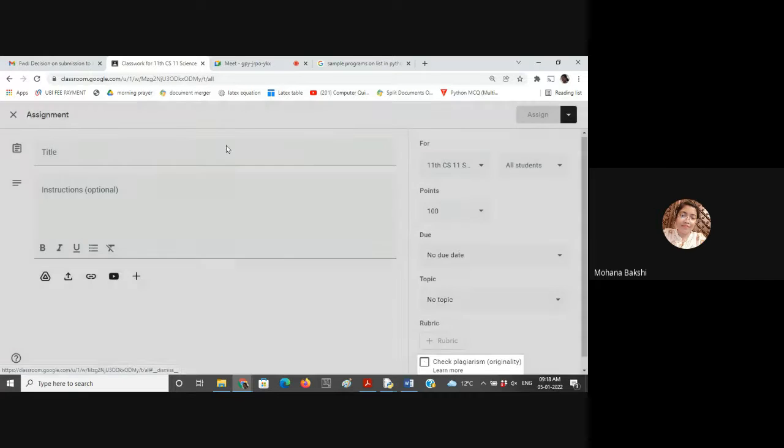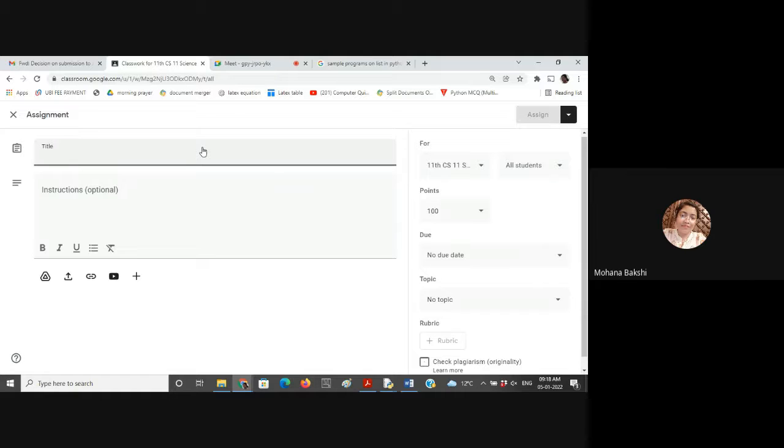The question will be: input a list of elements, find all the indexes of a given number. This is the question.